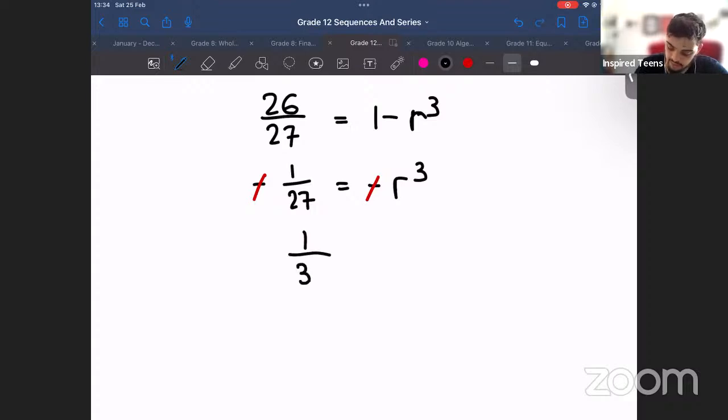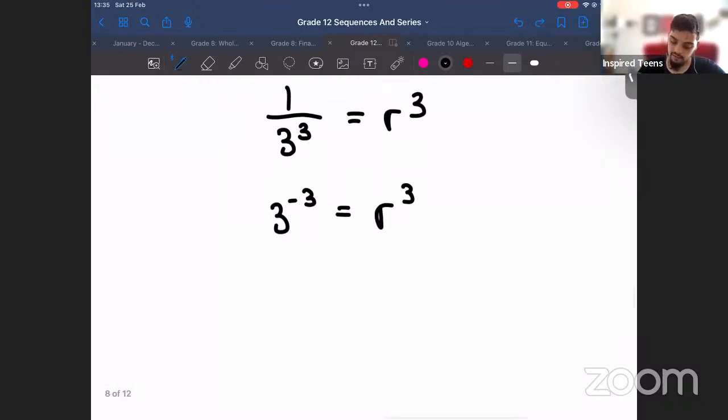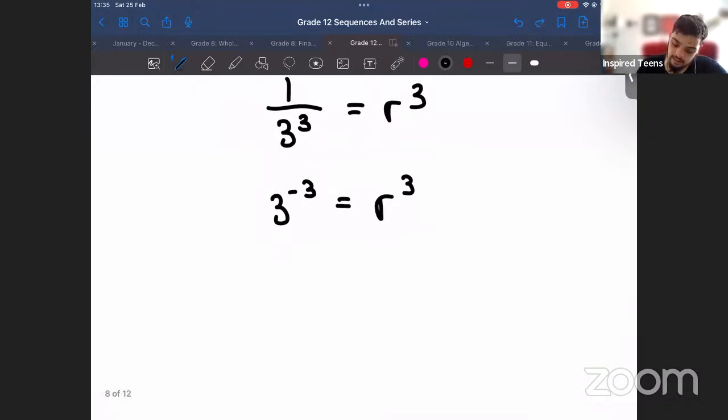So 1 over 27 is 1 over 3 to the 3. And now you bring this to the top. So it's going to become 3 to the negative 3 is equal to r cubed. Remember, when we take it to the top, the exponent becomes negative. So we bring it to the top, 3 to the negative 3 is